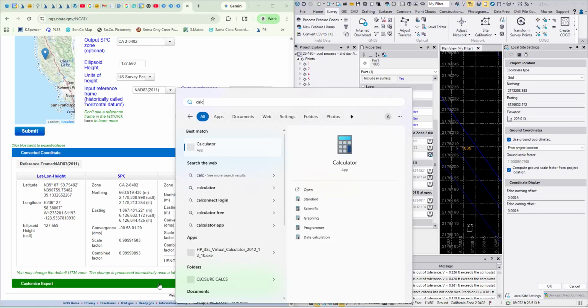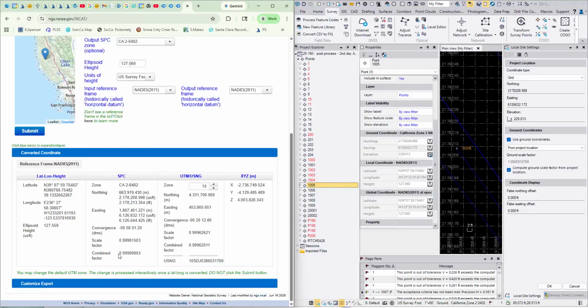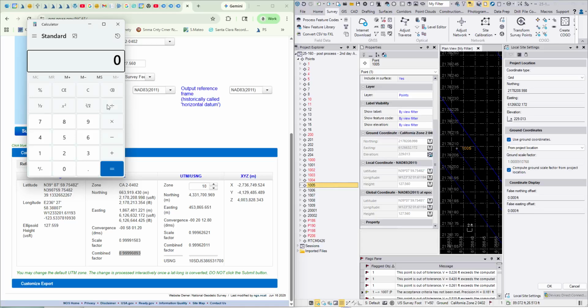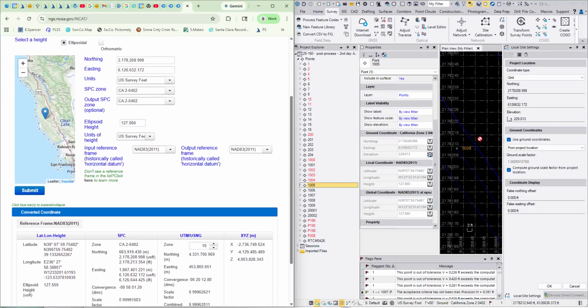It gives us that 0.9949089.3. Go back to the calculator. Let's check that again. All right, let's go 1 divided by that. Yeah. So that works too. You can put in your state plane and go to your ellipsoid height. However,